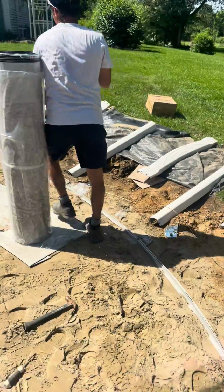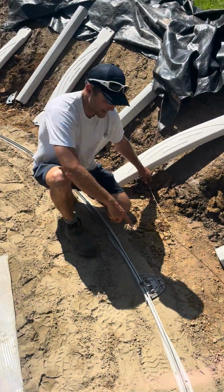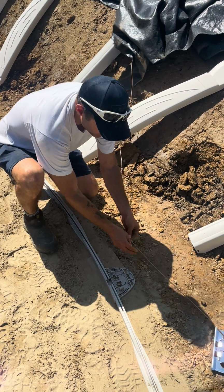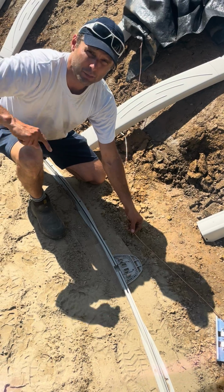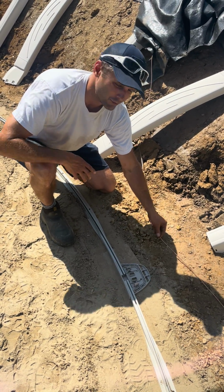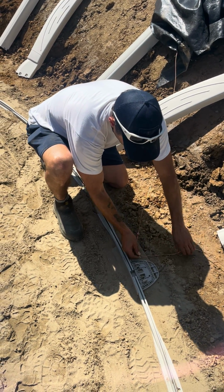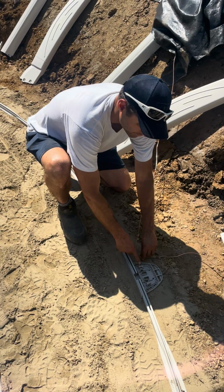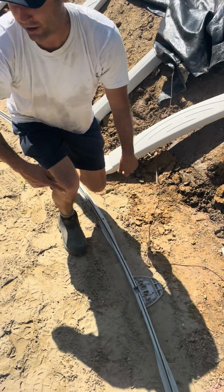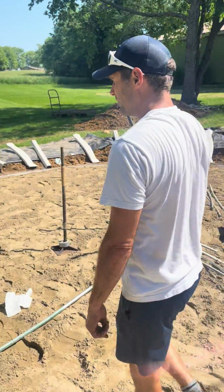So once the uprights are up and you've built the pool, then you can take out the screws of each upright and attach the grade 8 copper wire that goes all the way around the pool. The grade 8 copper wire should be 1.5 feet on the outside of the pool. And then you just elbow it up like this, take out the bottom screw of the upright and attach it there. You take it all the way around the pool. This is after the wall is up. All the way around the pool,